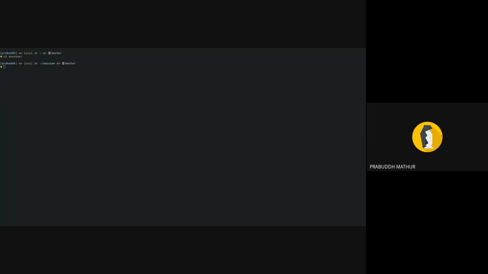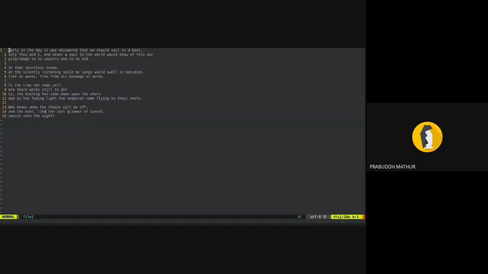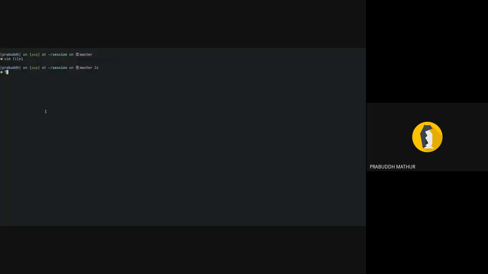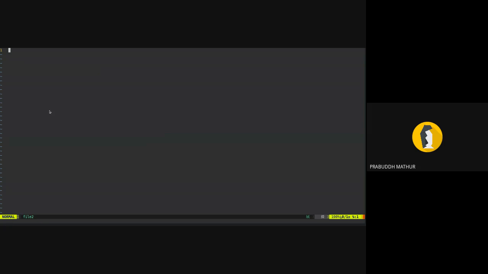Is the screen visible? Yes. Can you zoom it a bit? Yeah, correct. So suppose we just make this file one. Oh, we already have that. And we make this file two.